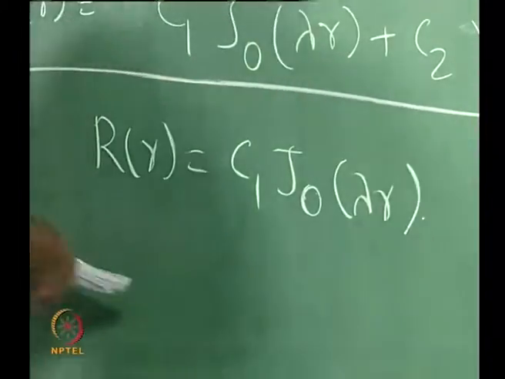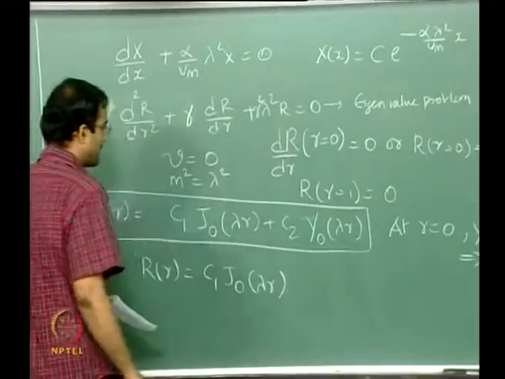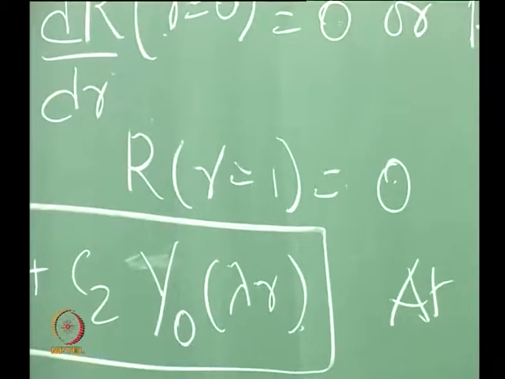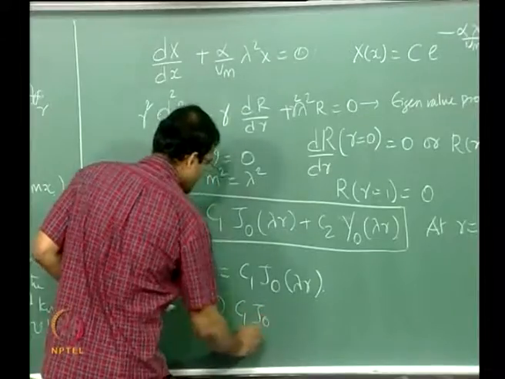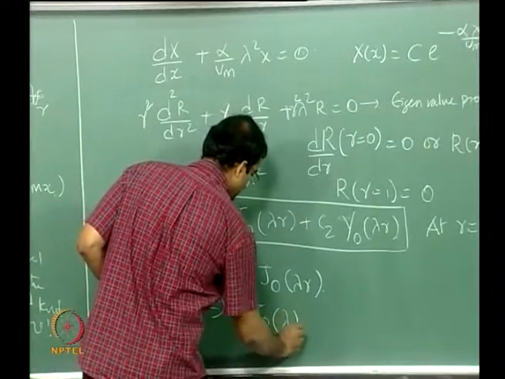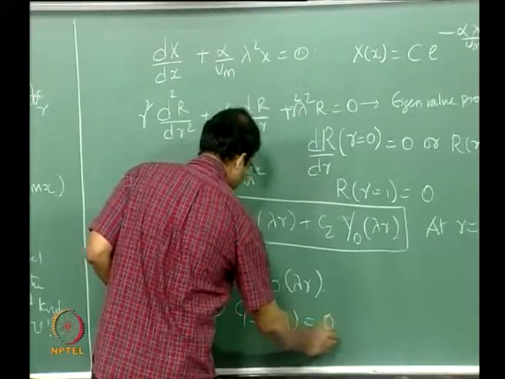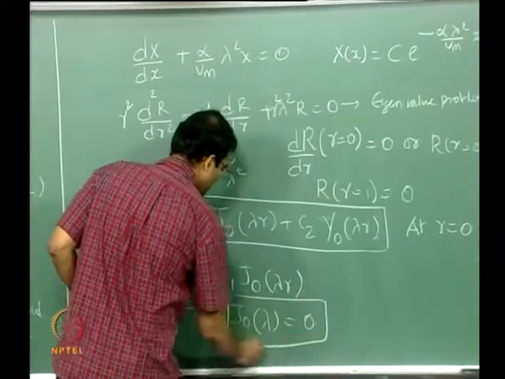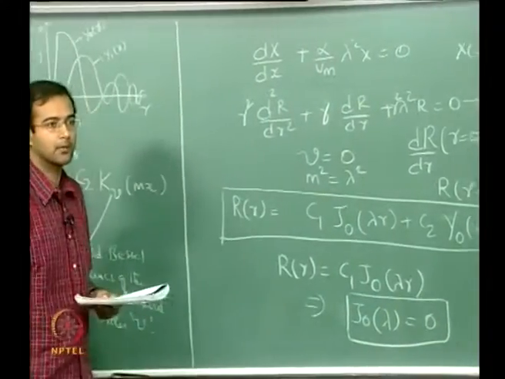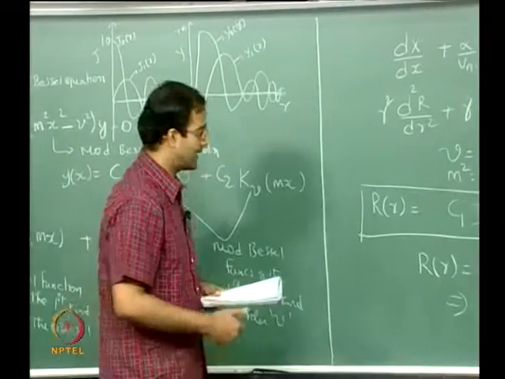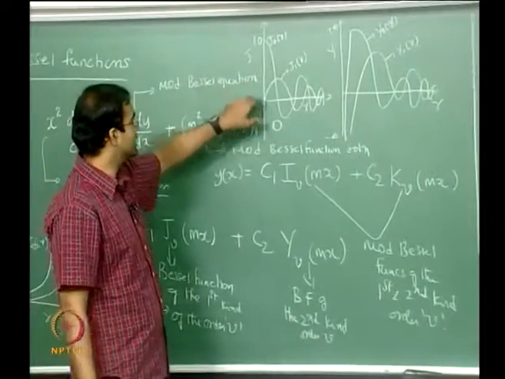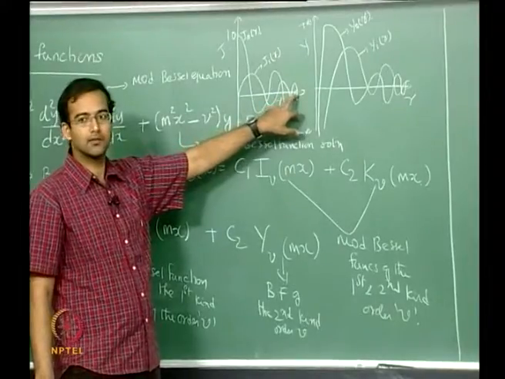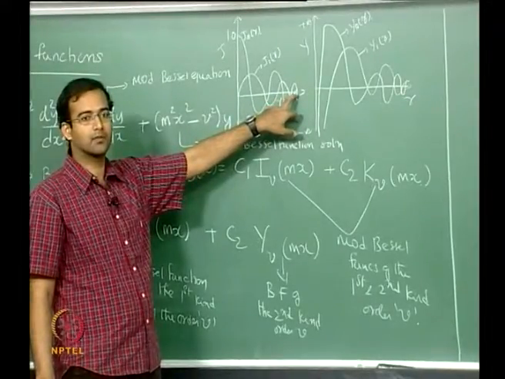So therefore the condition that R at R equal to 1 is equal to 0, so this should give me the fact that J1 C1 J naught lambda should be equal to 0, or in other words, the eigenvalues should satisfy this particular equation. So that means you look at the Bessel function, so wherever it becomes 0, these are the solutions which will give you the corresponding value of lambda,